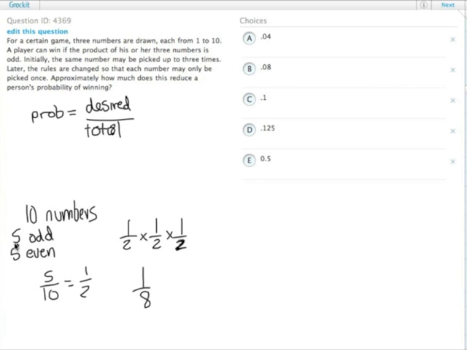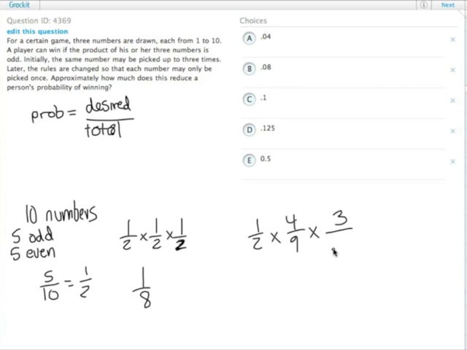Under the new rules, though, you can't use the same number twice. So even though you still have a 50% chance of getting that odd number the first time, the second time around there's only 4 odd numbers that you can still draw out of 9 possible numbers still left in the bin. For your third draw, to get that third odd number in a row, you can't draw either of the 2 that you got before, so there are only 3 odd numbers left that you can draw from the,